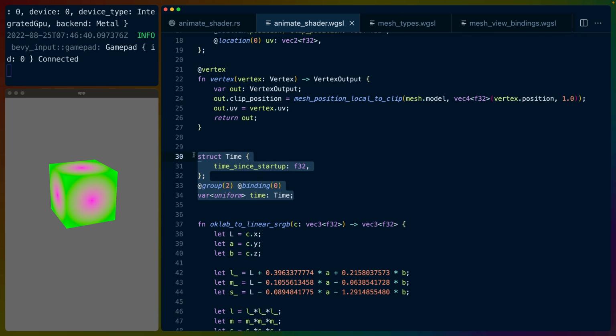And if we look at our WGSL, we can see that's exactly what happens. So we define a struct called time. We could call this whatever we want, it doesn't matter. And then we have an ordered list of fields that have types that correspond to the data that we have in our buffer. And this binding, in this case, it's bind group 2 with the binding ID of 0, like